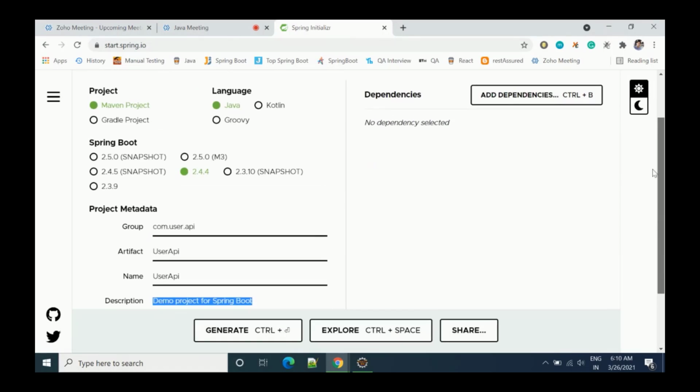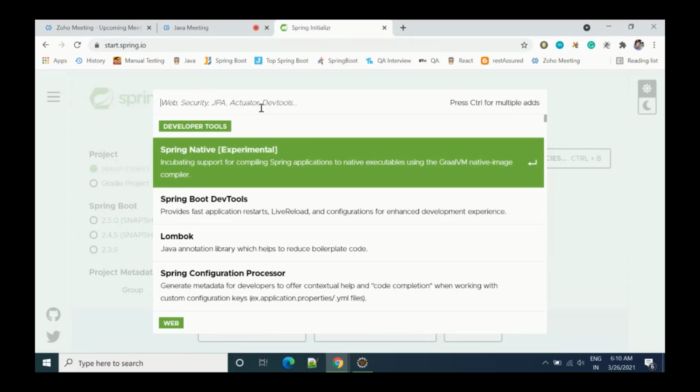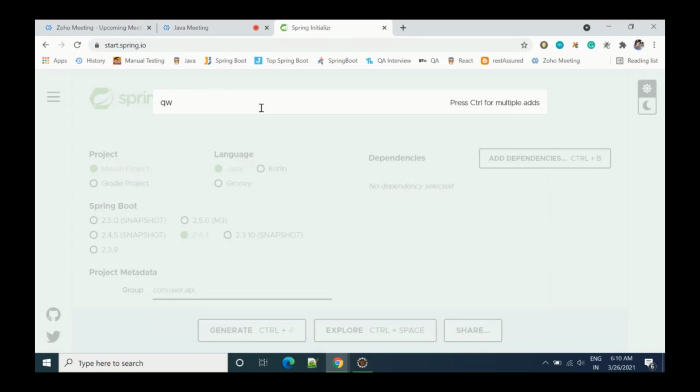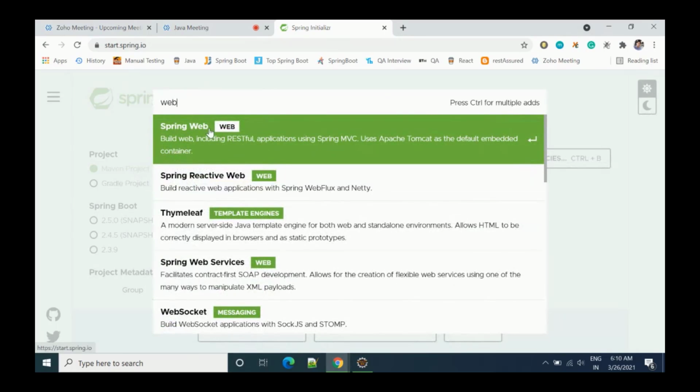Now here you can see this is the dependency. This dependency says what kind of work you want to do with Spring. Let's say I want to do web things, so I'll write web here. It will show Spring Web.